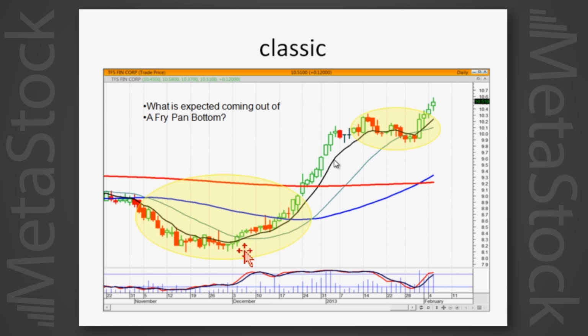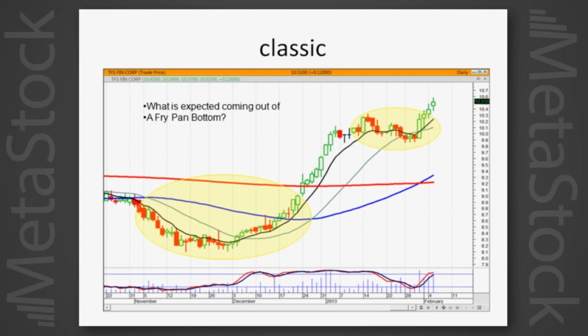Look at our doji sandwich. And what do we expect coming out of a fry pan bottom? A very strong price move. And then this usually kicks into what we call the classic, which is the Jhook pattern. What do we expect from a Jhook pattern? The prerequisite is a very strong price move, then a consolidation, and then wave 3, which is usually the same